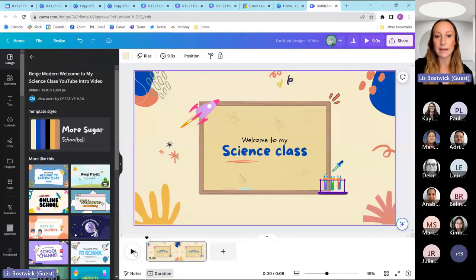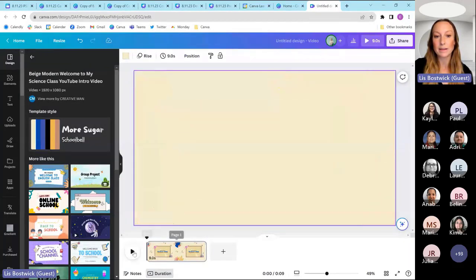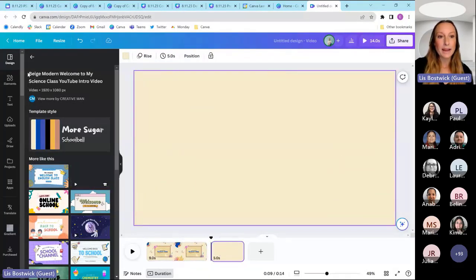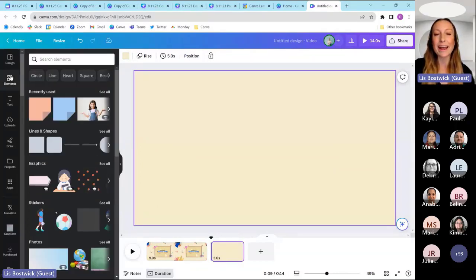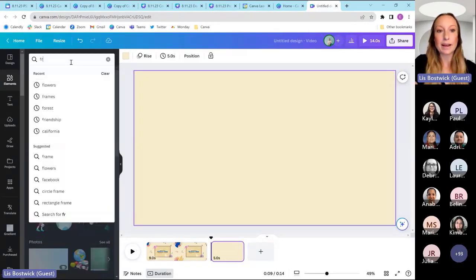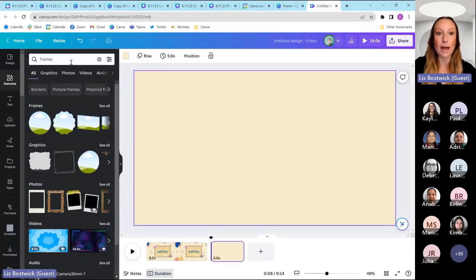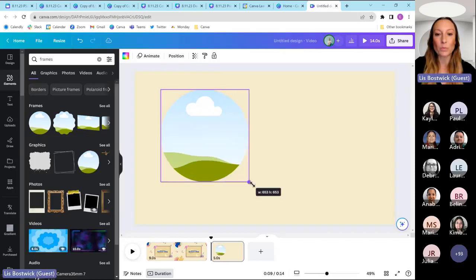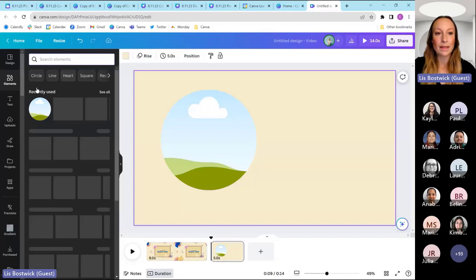And if I start from the beginning, again, this is my timeline. I can hit my play button and it's really just going to play. But within Canva, here we have another blank slide. And let's say the students are adding in their own video of something they did in science. So here in Canva, you can always add frames, and these frames will allow any picture or video to take the shape. So I'm just going to add one of these in. You don't have to use them, but just as an example.